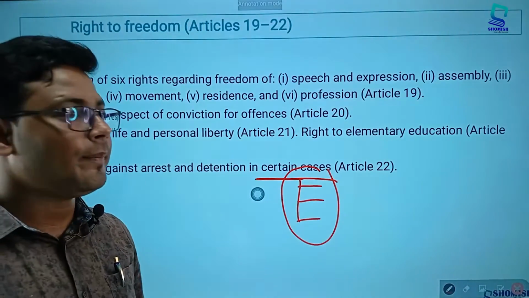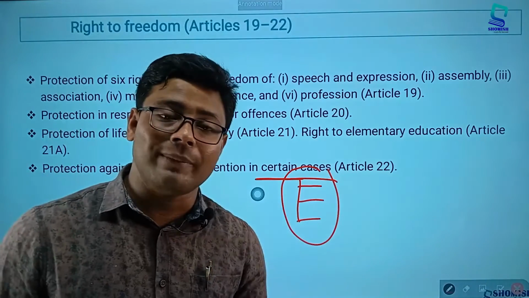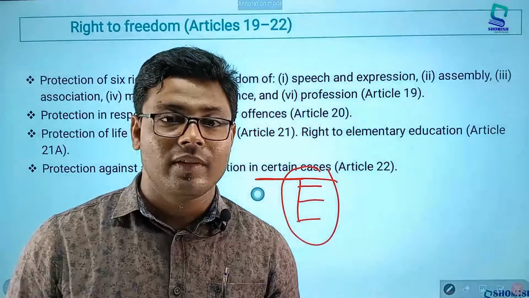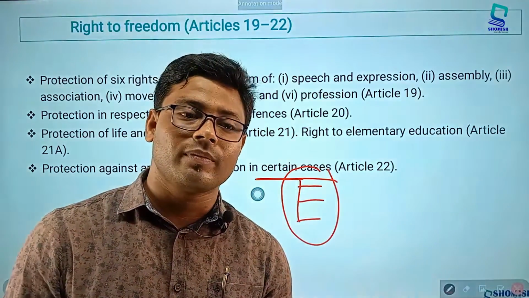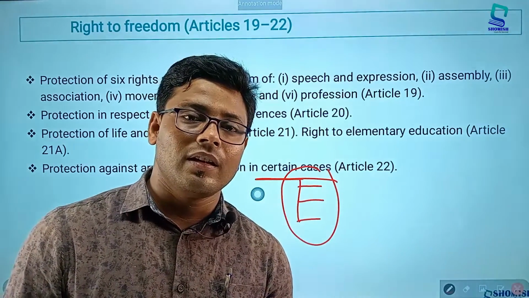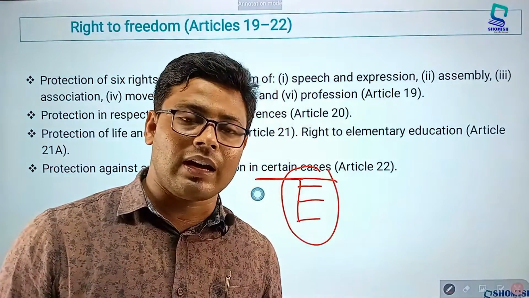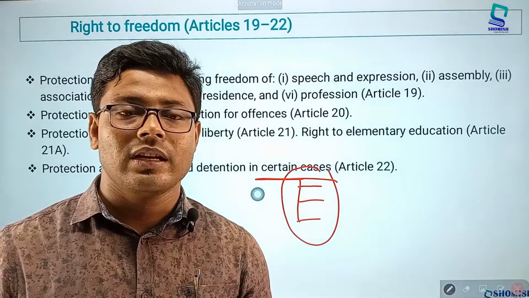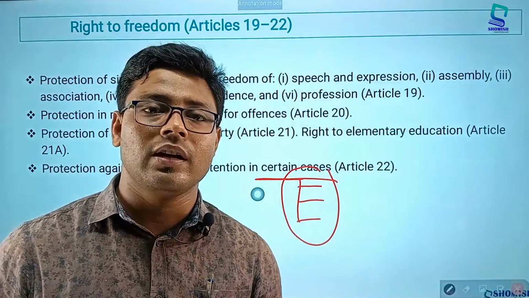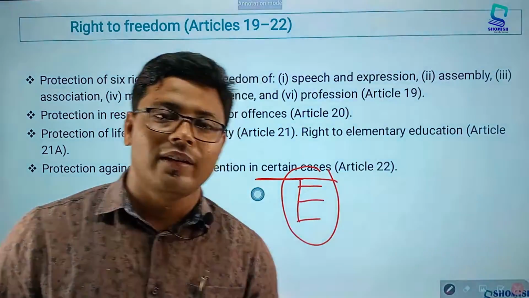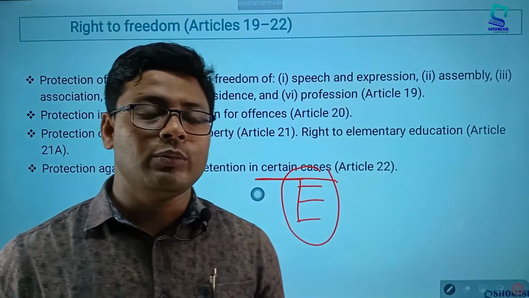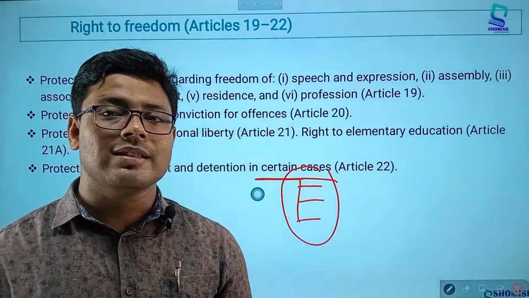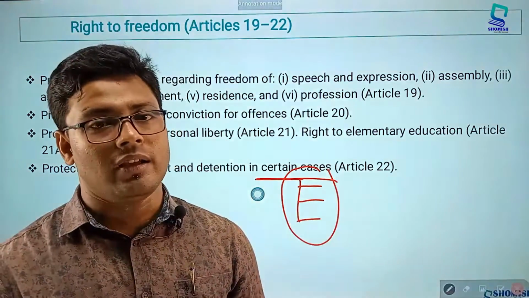Basically, suppose you commit a crime on one day, and on the next day, for the same crime which has already been punished, you must not deserve the same punishment again. Suppose to say,